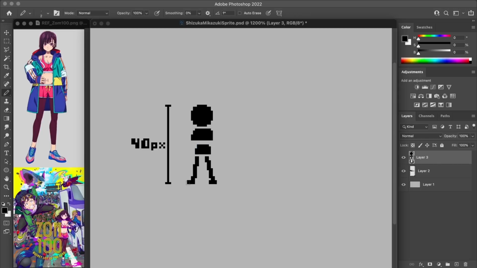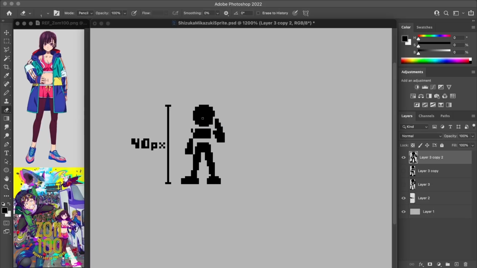I've been watching this anime series called Zom 100: Bucket List of the Dead, and it's been a really refreshing take on the whole zombie apocalypse genre, where it's actually like a surprisingly bright and uplifting and colorful and fun show. So I just wanted to make one of the characters from that series.